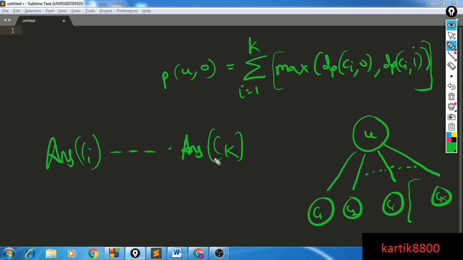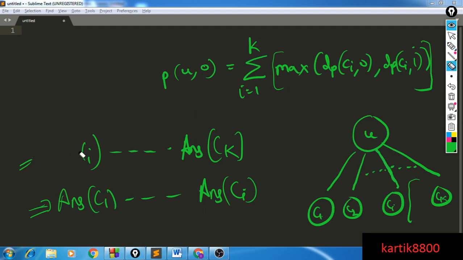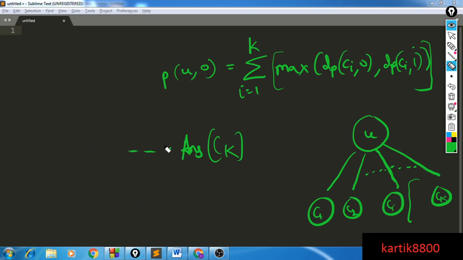I will maintain this prefix and this suffix, so that my evaluation for every edge is going to be fast. So when I think about this particular edge, I will just need to add these things. I will need prefix sum till ci minus 1.